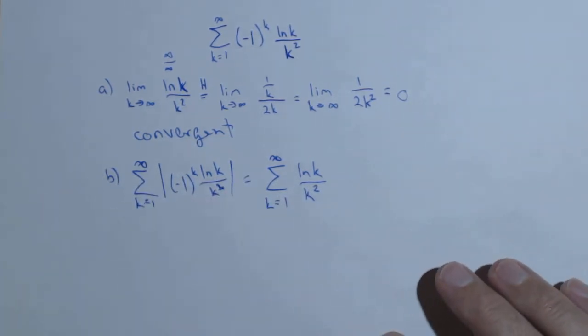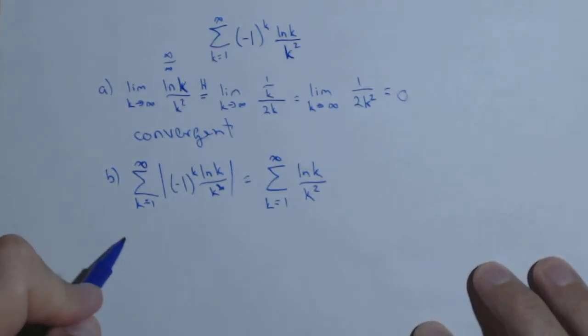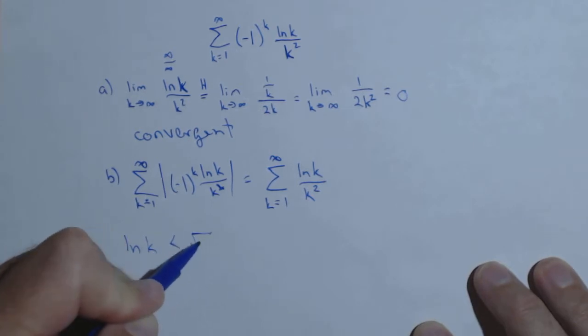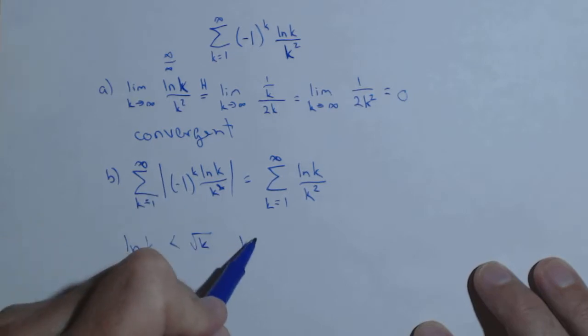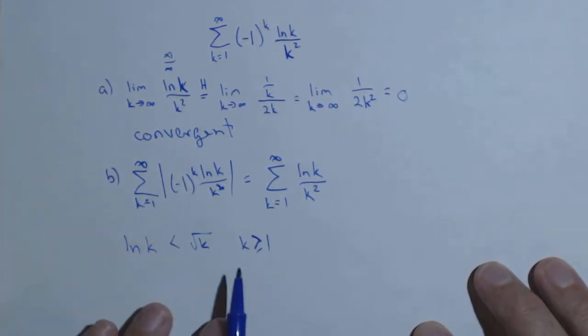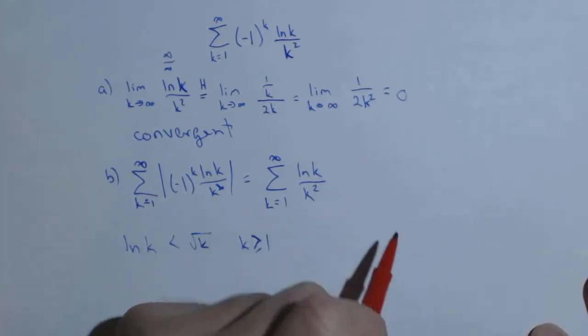Now, we need to see if this is convergent, and what I'm going to use is the fact that ln of k is less than the square root of k for large values of k, and it turns out even for k greater than or equal to 1. Now, if we're not sure of this fact, there's a way we can test this as well. And I'm going to do it off to the side here. What you would do if you weren't sure,